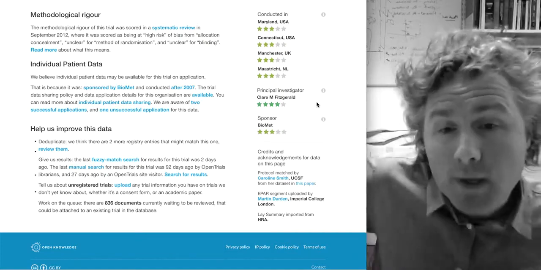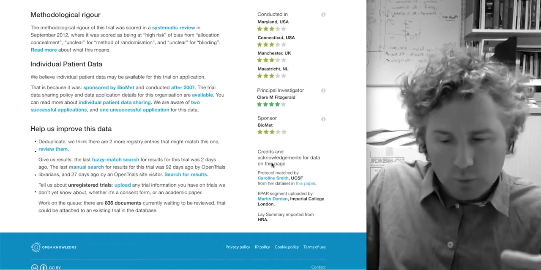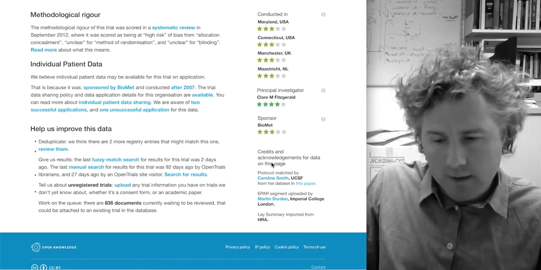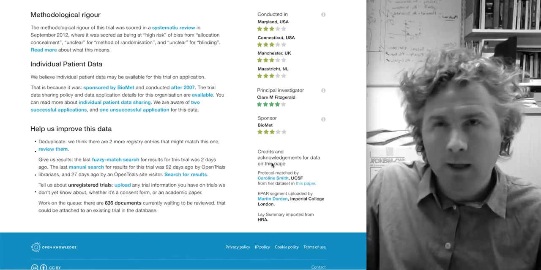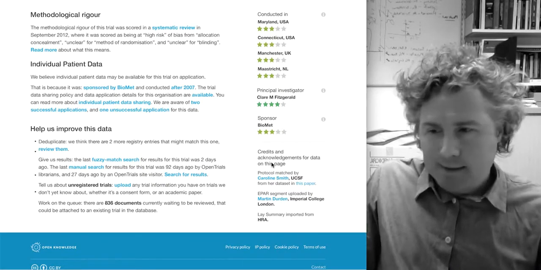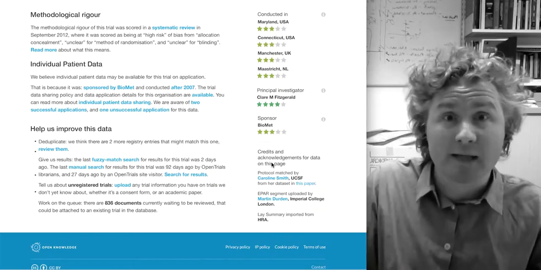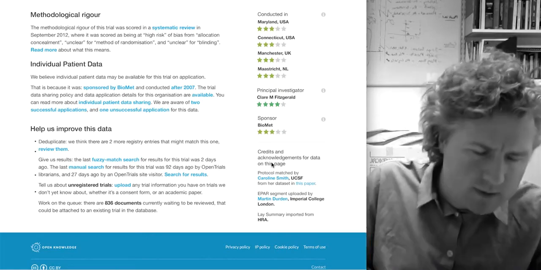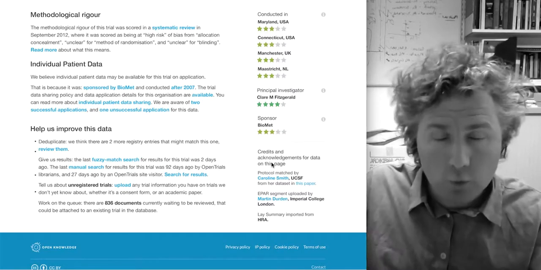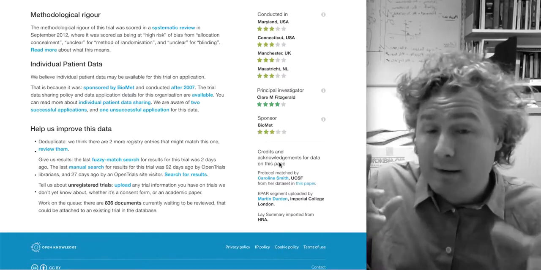But next, credits and acknowledgement for the data on this page. Now this is really, really important, and it's a real challenge around microcredits, and everybody knows there are huge problems with the incentive structures of academia generally, right? You don't get as much credit as you could for useful, valuable, small data contributions, for sharing your data from your study as open data, and so on.